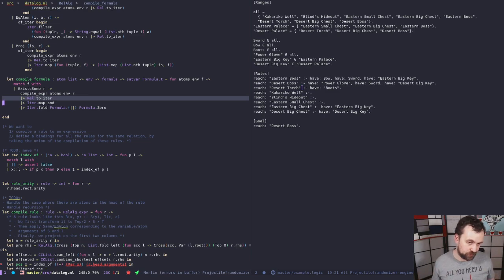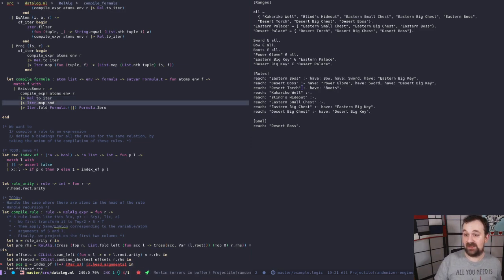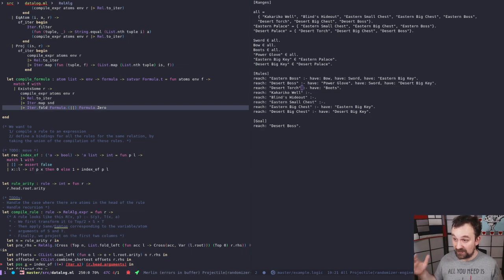I don't really care about the tuples because I'm just trying to say, does there exist a tuple in there? So I just take all the formulas that I get, which are all the non-false things, and I take the disjunction quite violently of all these possible formulas, which also